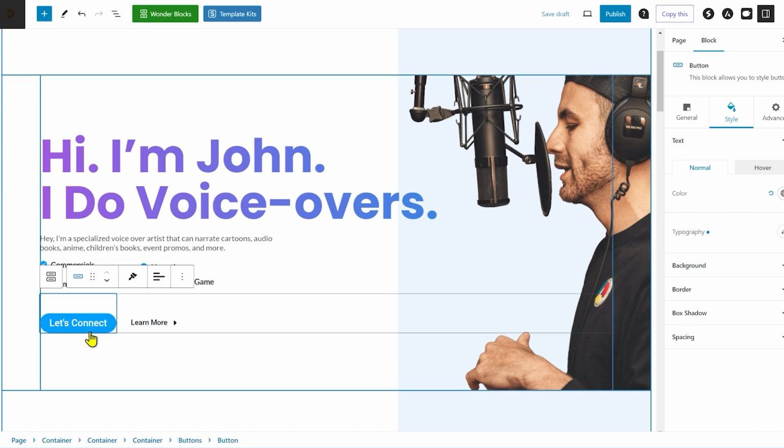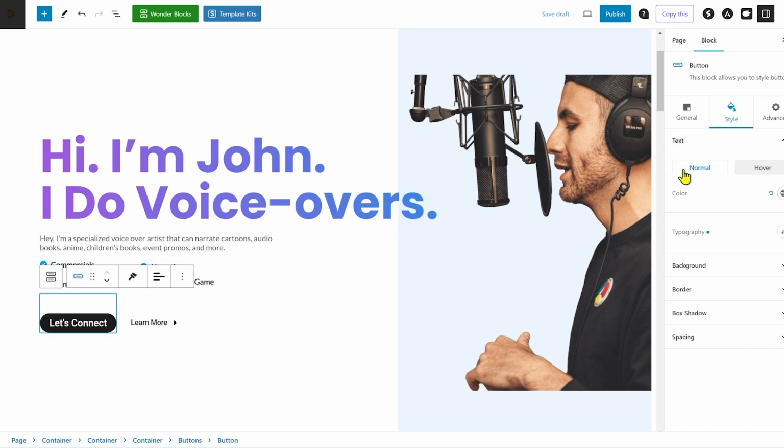Now, if you notice, if I'm hovering over the button, the color of the button and the text are changing. The text remains the same, but the background color changes. What if we want to customize this behavior? We can do that. So in the text area, you have normal color and hover color. And in the background color, you have the normal color and hover color. And technically, you also have transparent and color and gradients as well, but we're going to stick with the basic